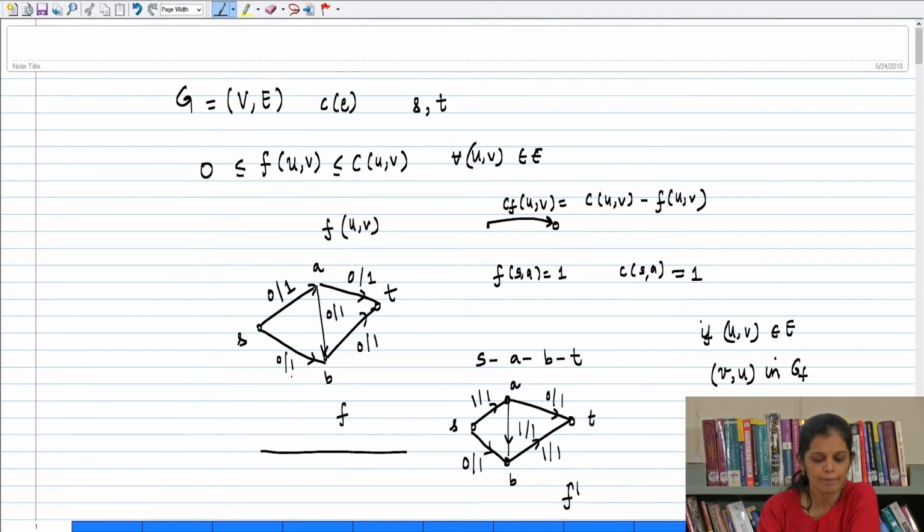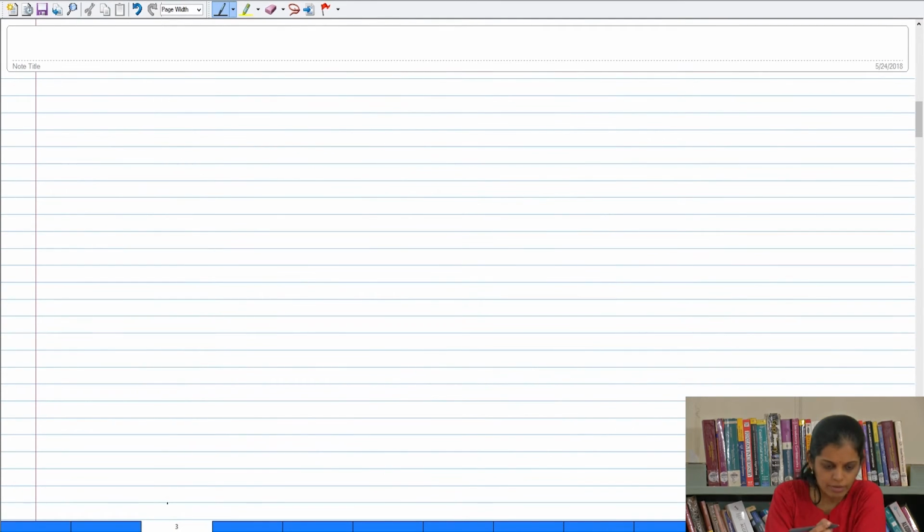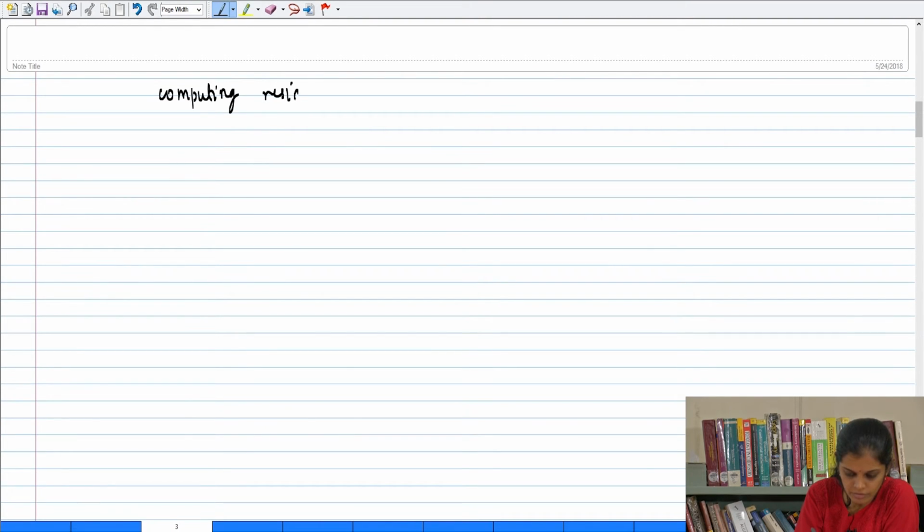Good. So you go to all pairs of vertices and ask, is that edge present? If that edge is present, does it have a flow? If it has a flow, then add the residual capacity in the forward direction, add the reverse edge and set the residual capacity accordingly. So for every edge you are doing some constant amount of work, right? So I will write that computing the residual network takes order m plus n time,